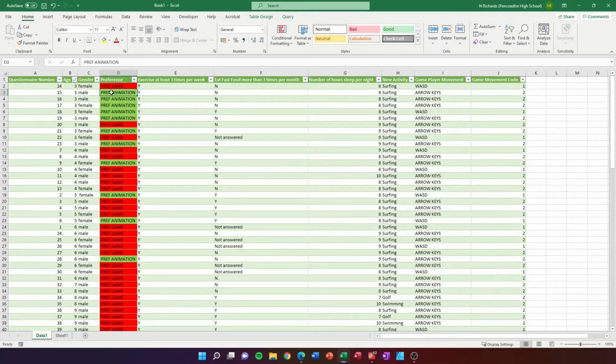and now I've got a very clearly defined set of selections which will change automatically. They'll change color automatically. So if I change that to pref game, it would go red automatically because it's looking for that condition all the time. You'll probably be asked to do something with that. Just make sure you're aware you've got to